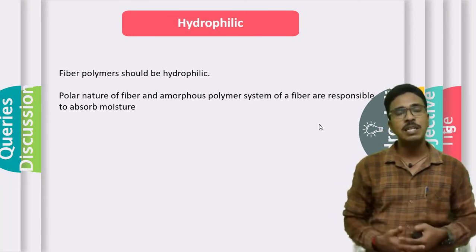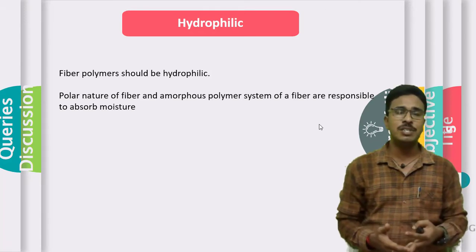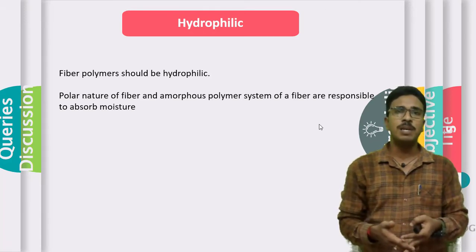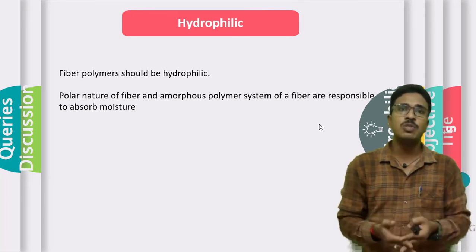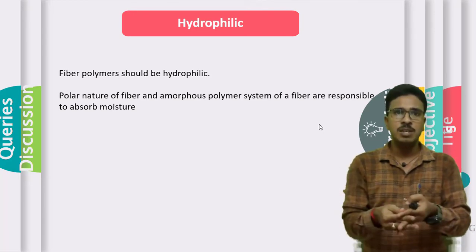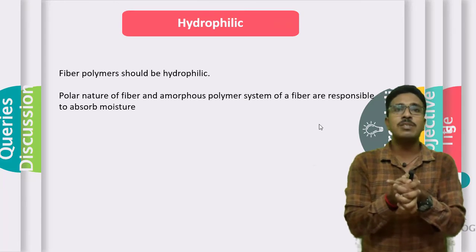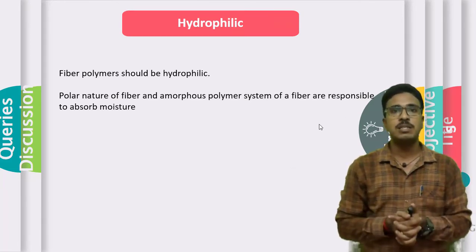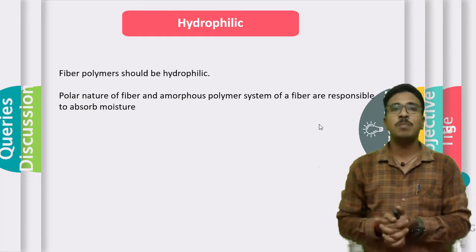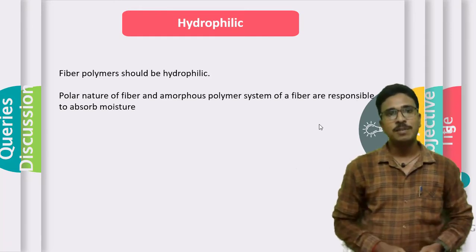So we have another region in a polymer called crystalline regions, where the molecules in a polymer are arranged very, very compactly with each other, that is, very close to each other. Because of the closeness, a compact structure is created in the polymer structure. That compact structure is making the polymer hydrophobic.